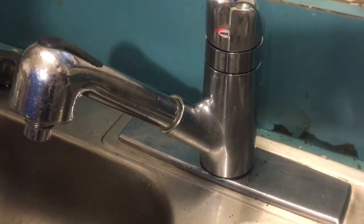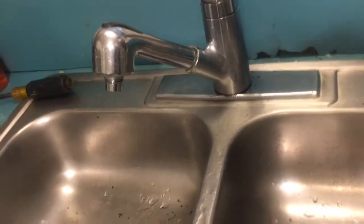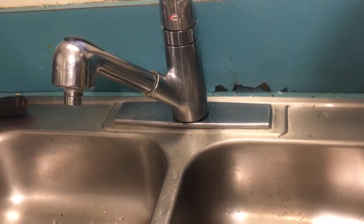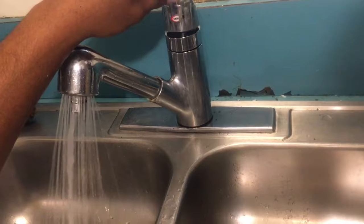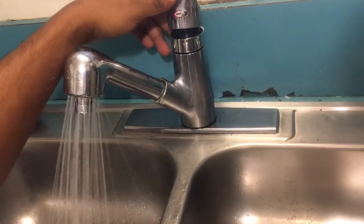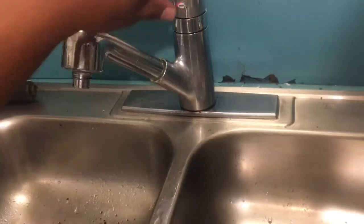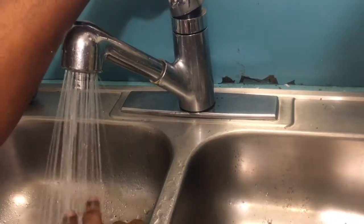So now we can turn the water on, check for leaks. We could tell it's kind of working already, because as you can notice, while we was filming the video, there was still water coming out, and now we don't see any water coming out. You see the water was coming out here in the collar. There's no water coming out anymore. Turn the hot water on. And voila. No leaks or anything. Looks good. Cold water,